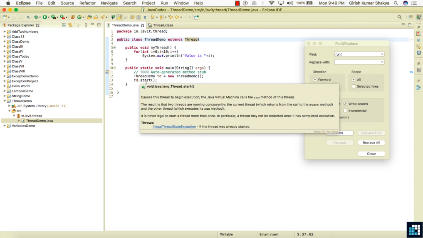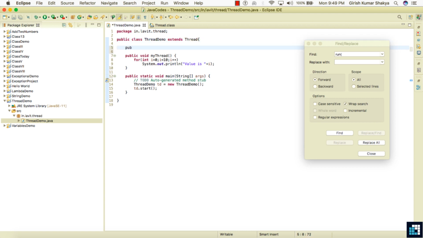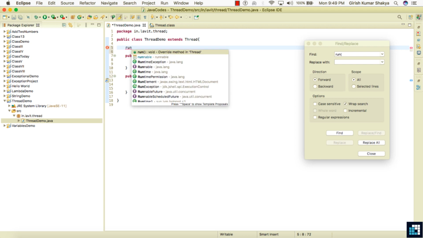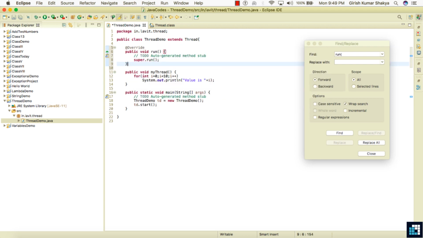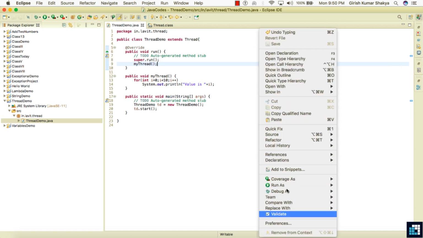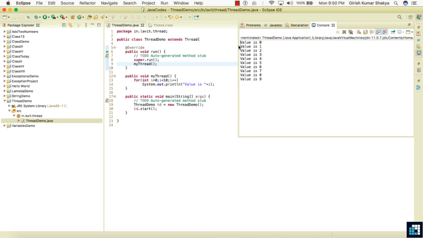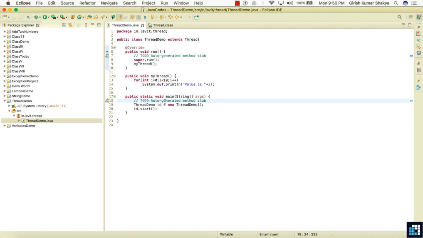Start will invoke the run method. So if I override the method run, and inside run I call the myThread method, and now when I run it, it automatically calls the run method, and run calls the myThread method. This is a very simple example of a thread.